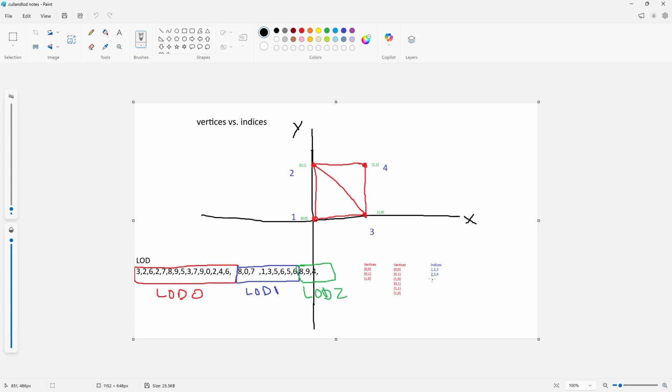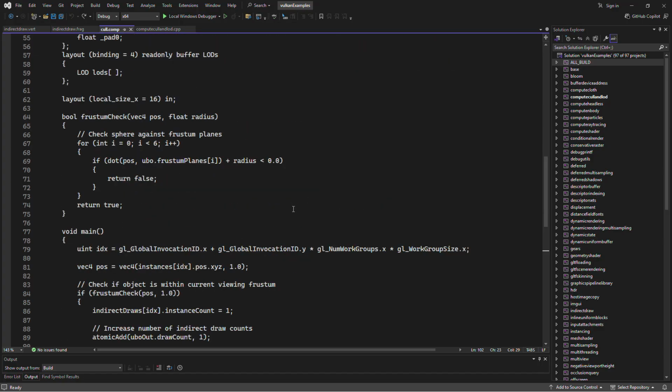So the computer graphics world and everything, they prefer